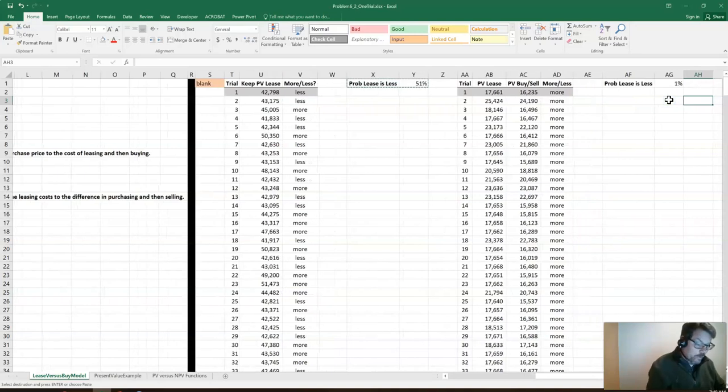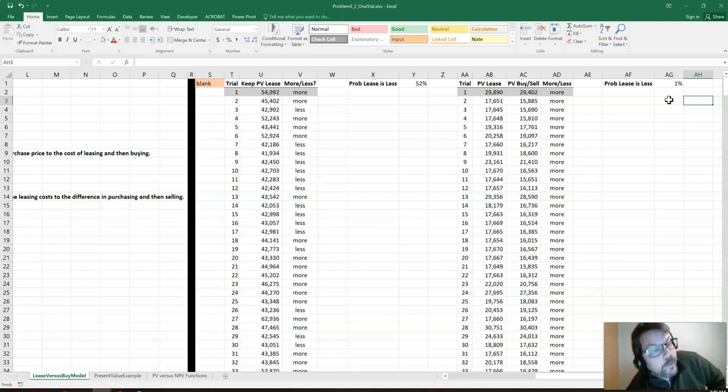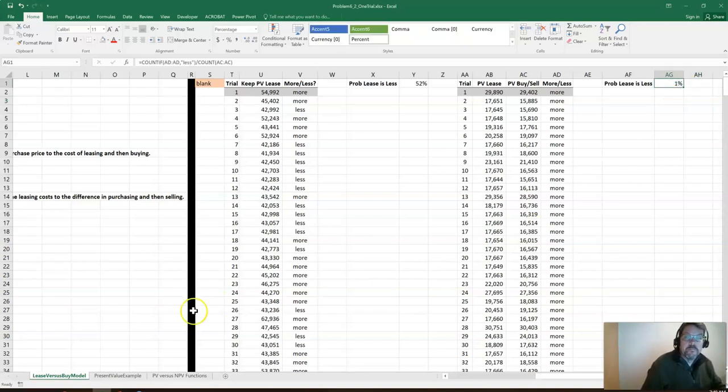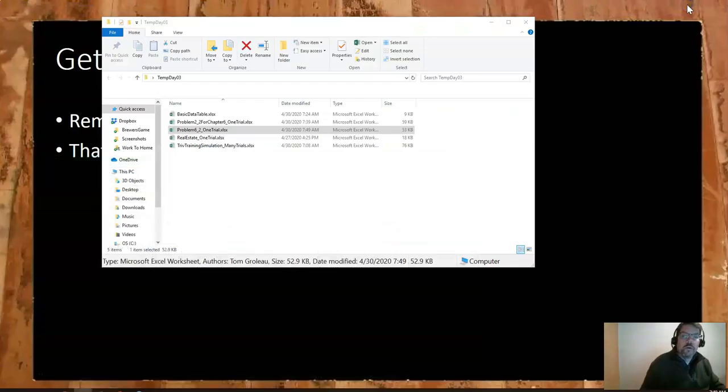Not very high. If you are just going to get rid of the car at the end of the lease, according to this one, you're better off actually buying it and then selling it in 2 years, 99% of the time. Let's get that one out of the way. And the last one,